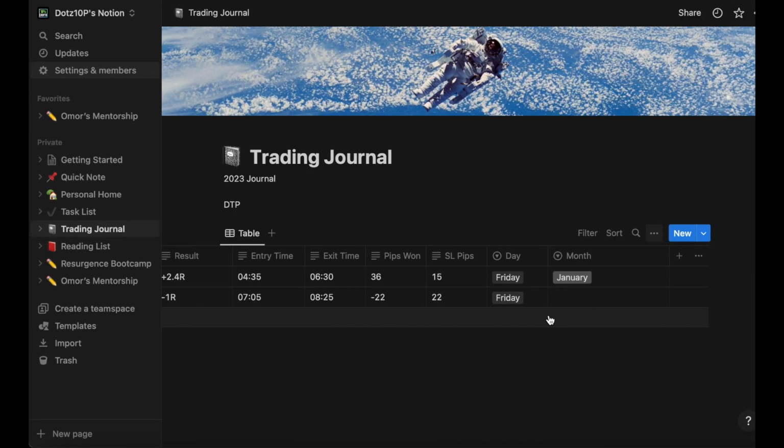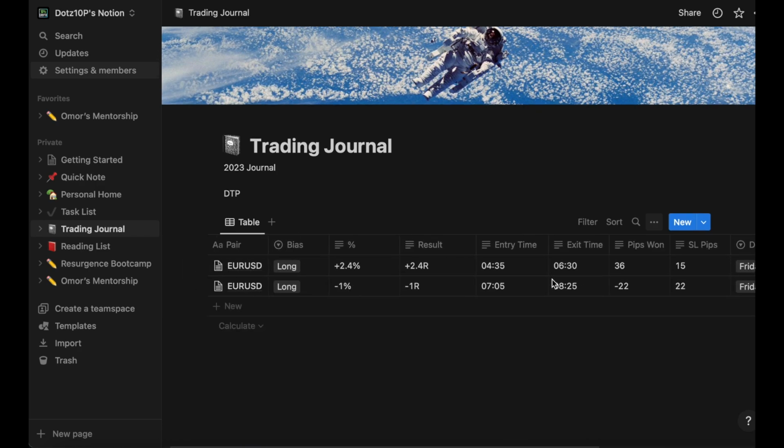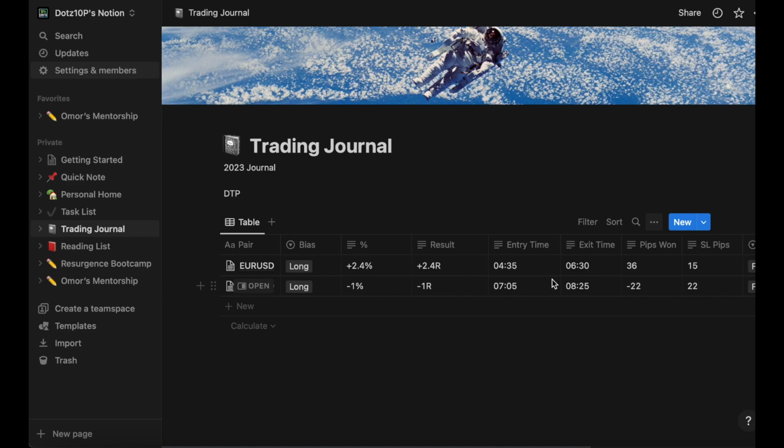Now, the reason I added this extra time aspect, in January, the month, the days, whatever, this is very important. This is data you can look back on. So this is what I was talking about. After we collect data for months, for a year, let's say, right, at the end of 2023, getting into 2024, what can you look back on? You can look back, okay, June was my most profitable month. January was my worst trading month. I took the most trades in X. You build that data on yourself,